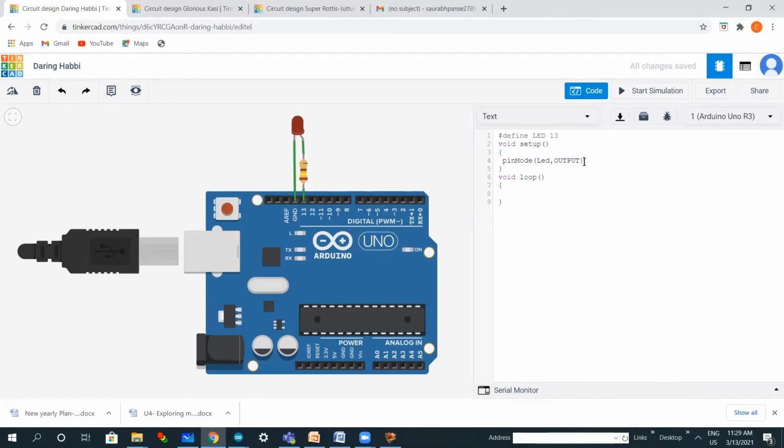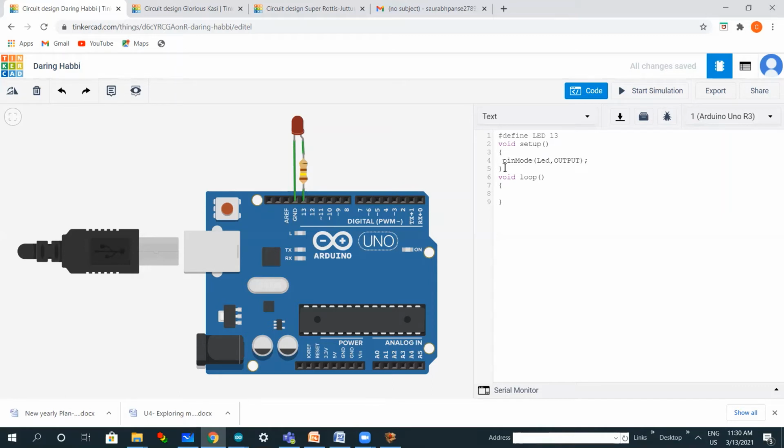And then always remember that the statement that we write in a program has to be terminated by giving a semicolon. Semicolon in the Arduino programming language is similar to the full stop in your normal language. Say in English you have written a sentence, then you end the sentence by giving a full stop. In the same way, you have written this statement. The statement is of pinMode, and you will end this statement by giving a semicolon. So this was about pinMode.